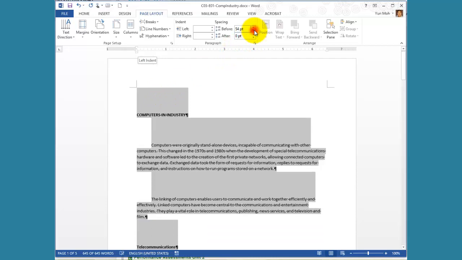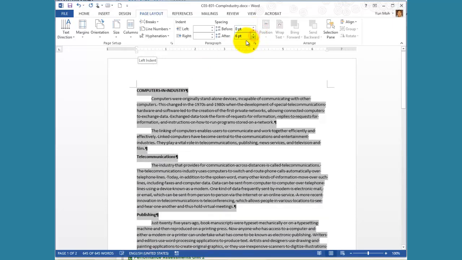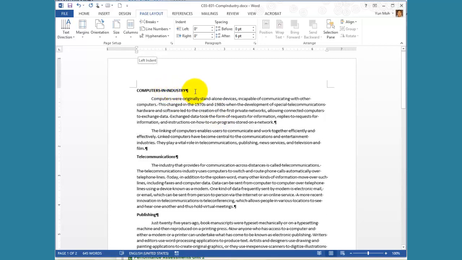So let's see, I think it was a 0, and let's change that to be after to be 6. Okay, so now that's for the entire document,